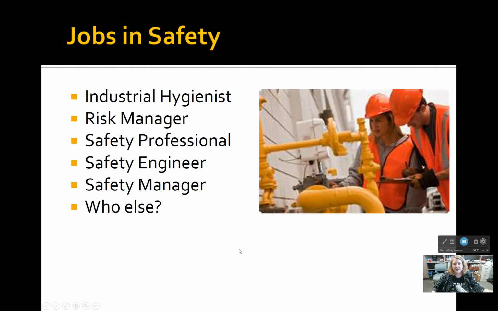Right, so some of the jobs that are in safety, just because you're not a safety manager and you have gone through our environmental and safety management degree here at Pittsburg State University or another university with a like degree, doesn't mean that you can't be a safety professional.